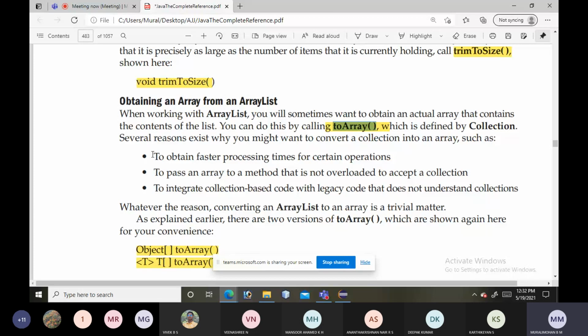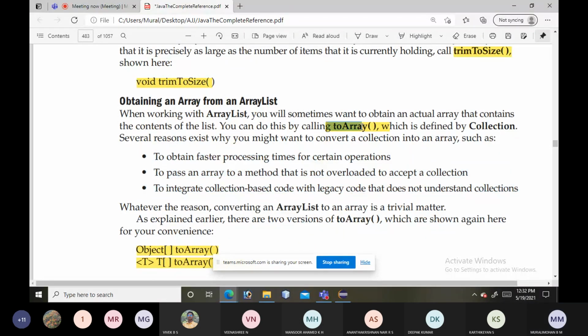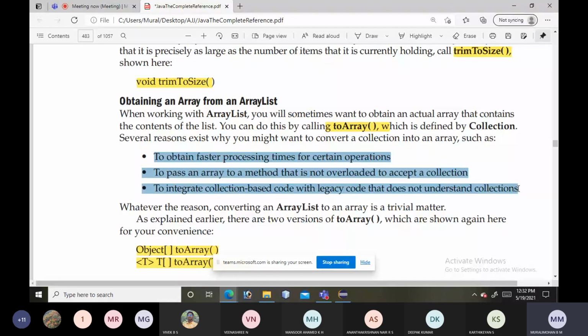So these are the advantages of obtaining the array from the array list. To obtain an array from the array list, we will use the toArray method.